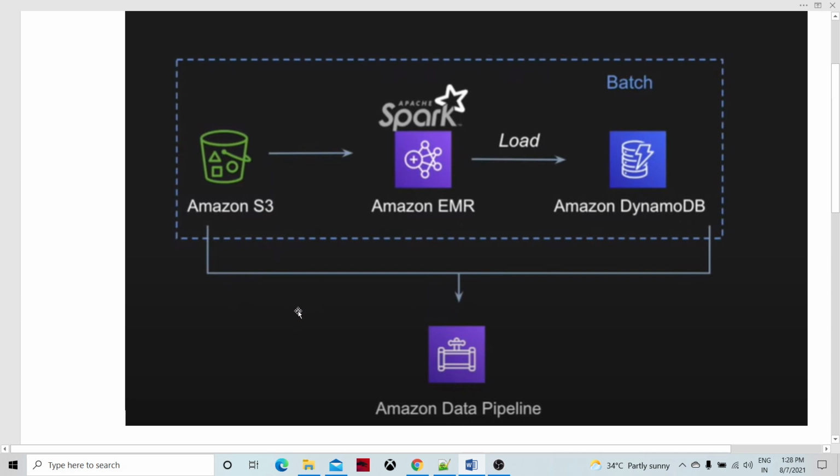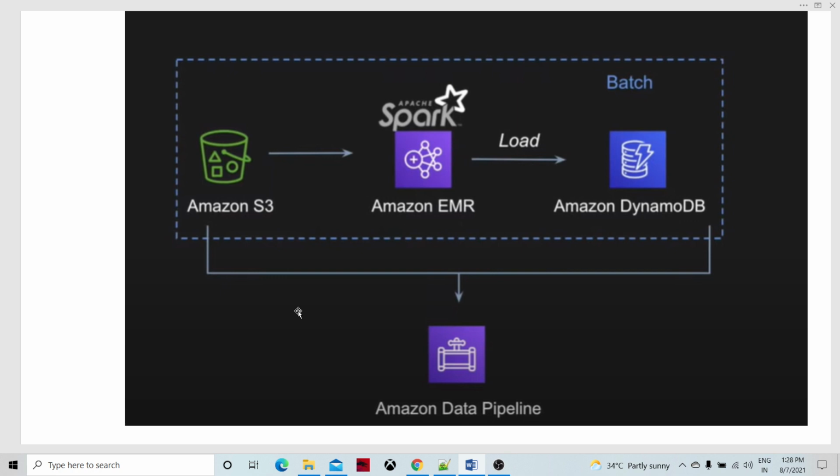In every AWS data pipeline, an EMR cluster runs in the background. If you don't understand EMR, it is a set of Hadoop systems and the Spark engine, a Hadoop distributed system.